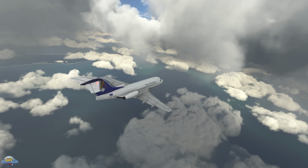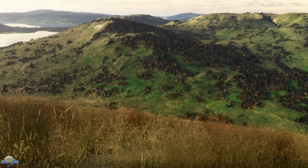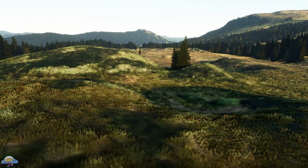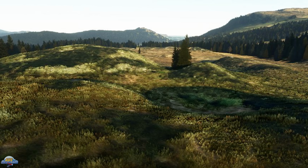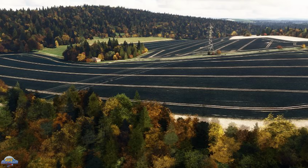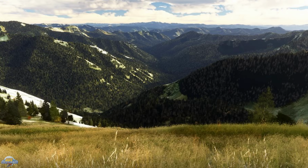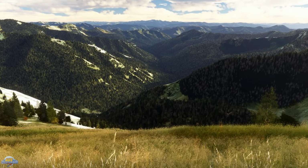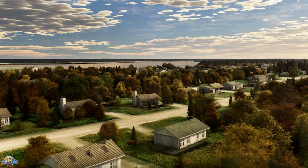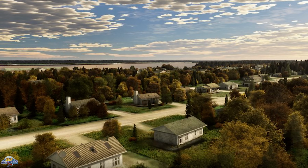Orbx this week have announced its next release for Microsoft Flight Simulator, which is Global Trees HD. Global Trees HD is designed to completely replace all standard vegetation with high quality versions. The developer behind the package is Dimitro, and they have designed each biome with its own unique vegetation. The package will also modify biomes, making them more vibrant, diverse, and high quality. Global Trees HD adds the ability to change vegetation seasons. There is no confirmed date when we'll see this released, but knowing Orbx, by the time you watch this video,